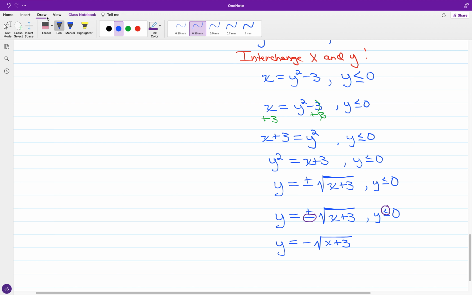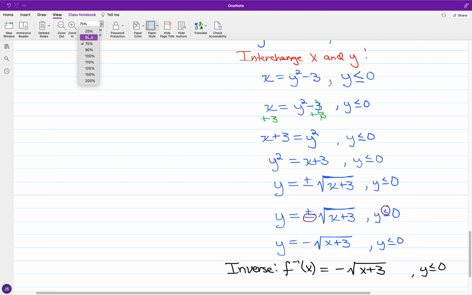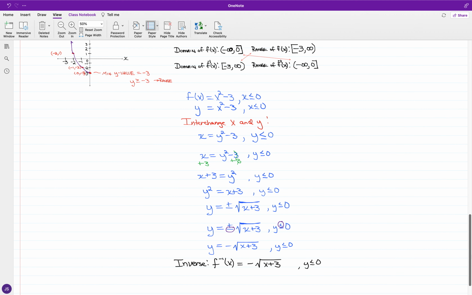And so we're going to have for the inverse, so we have the inverse of f of x. Okay, it's going to be the negative of the square root of x plus 3. You don't have to put down that restriction because it kind of takes care of itself. We're just looking at what we have here. Okay, so